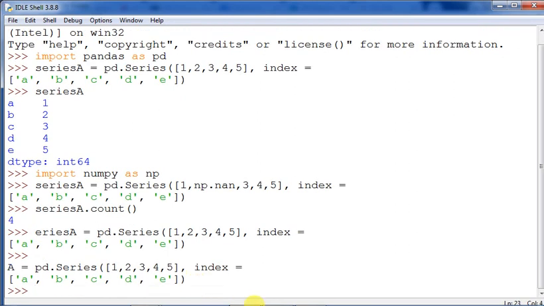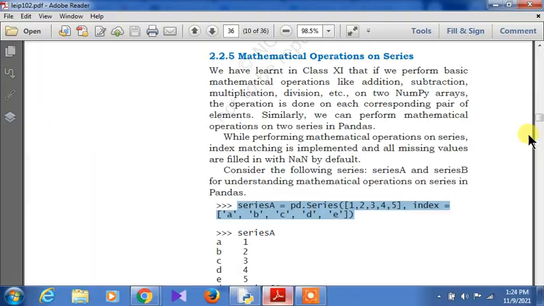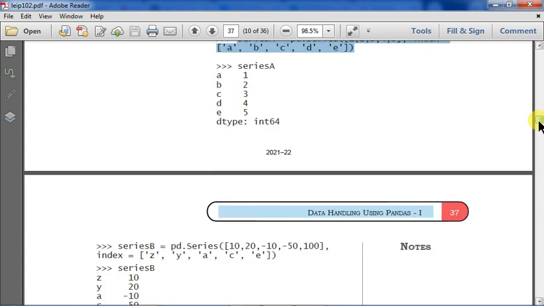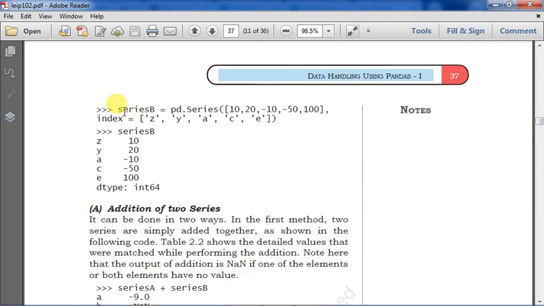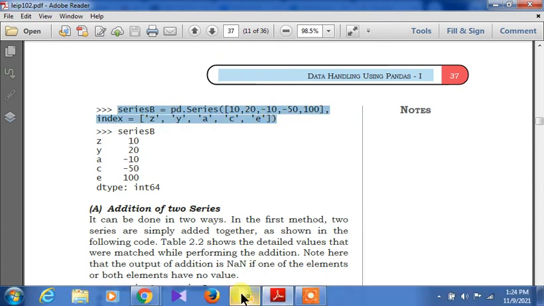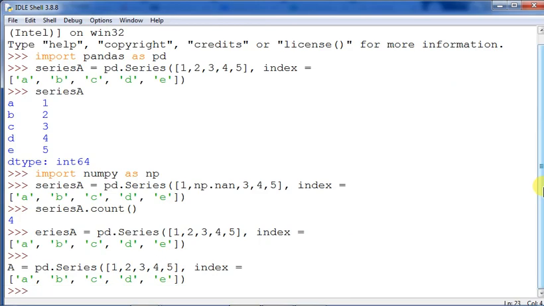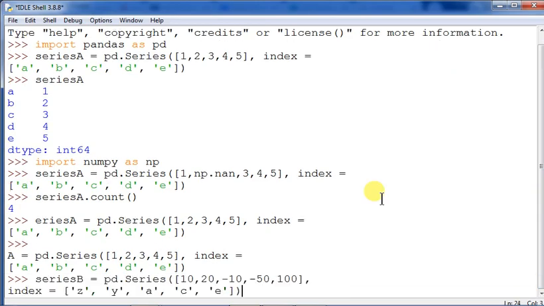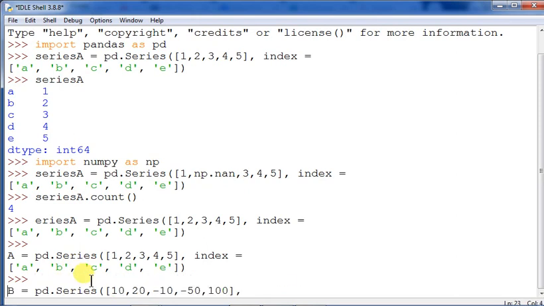Okay, fine. And another series also I will be bringing from there. I'll just copy. So this is the series actually 1, 2, 3, 4, 5. And one more series is there, series B out here. It is also having some value. Let's see what can be done. Now we will go for addition and all. So I'm just taking this one as B, so no need to write such a big variable in this case. Now I'm just pressing enter.